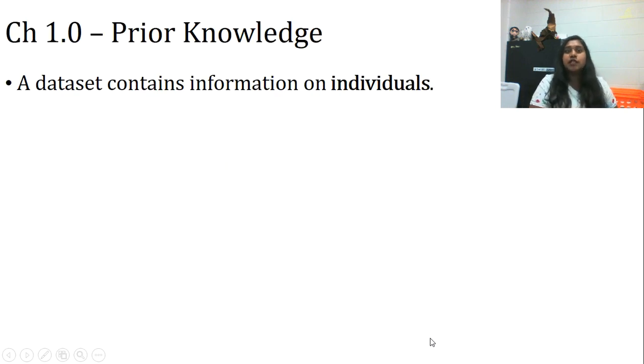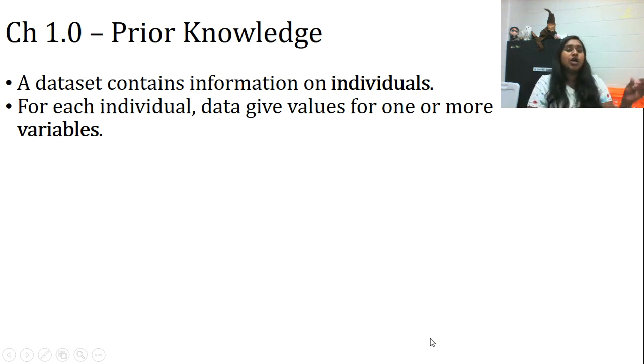Okay, so some prior knowledge that y'all should have come in with from elementary school probability and statistics, middle school probability and statistics, and potentially Algebra 1 or Algebra 2 probability and statistics. A data set contains information on the individual. Most of us are kind of picking up on this process. What is the individual? But where I see the confusion is that some of us are taking the individual, including it as a variable. So please remember that there is a difference between your individual and your variable. Some of you are saying, well, okay, if this is my individual, then all of my variables, including the individual, are the variables I'm going to talk about. But in reality, let's make that separation between the two.